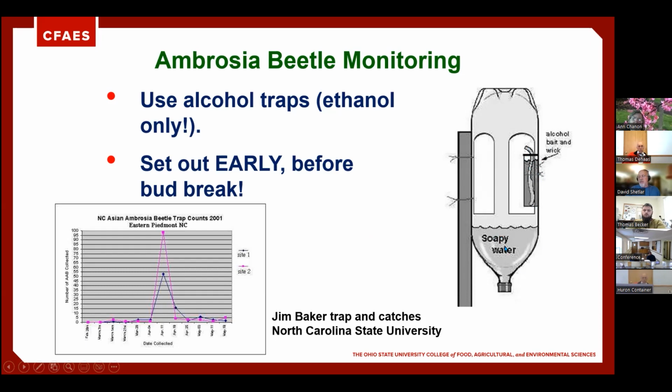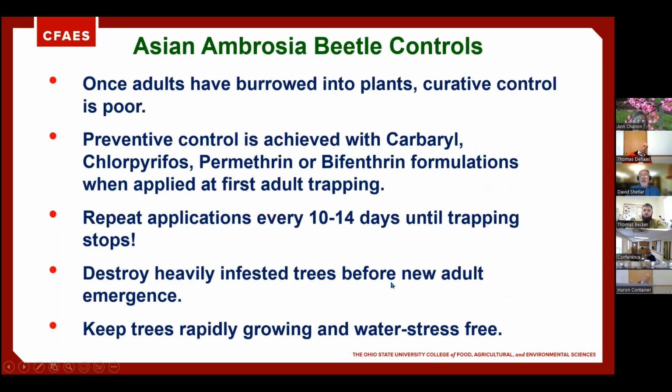You can fill the bottom of that with soapy water, put the lid on it. And what I do is check this on a weekly basis. If there are beetles in here, count them up. You can then open up the bottom of this, let it drain out, and pour a little bit more soapy water in there so that you can come back a week later and sample again. The beauty of these is that when you get the first trap counts in here, you can put those preventive treatments onto the bark of the trees that you think might need it. I'm kind of a fan of